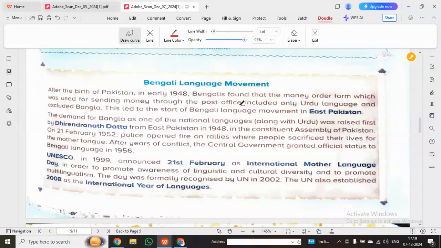Okay, Bengali language movement. So after the partition, what happened that in the East Pakistan, what is Bangladesh or Bengal right now, वहाँ पे क्या था, बंगाली पीपल्स आ गए थे, तो वहाँ पे जो भी काम था वो उर्दू में हो रहा था, बिकॉज पाकिस्तान में उर्दू यूज़ हो रही थी, तो ईस्ट पाकिस्तान में भी उर्दू ही यूज़ हो रही थी एज अ ऑफिशियल लैंग्वेज। तो वहाँ बहुत प्रॉब्लम्स आ रही थी, ठीक है। तो धीरेन्द्र नाथ दत्ता ने एक प्रोटेस्ट करा, वॉइस करी ईस्ट पाकिस्तान की असेंबली में, ठीक है जी, हमें अपनी बंगाली भाषा दे दो, ठीक है। तो 21 फरवरी 1952 क्या हुआ कि बहुत सारी ओपन फायर्स हुई वगैरह वगैरह, ठीक है, ताकि हम मदर टंग बंगाली बोलने का मतलब दिया जाए, ठीक है, यूज़ ऑफ बंगाली होनी चाहिए।